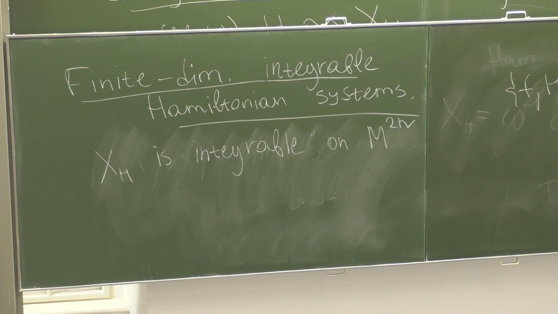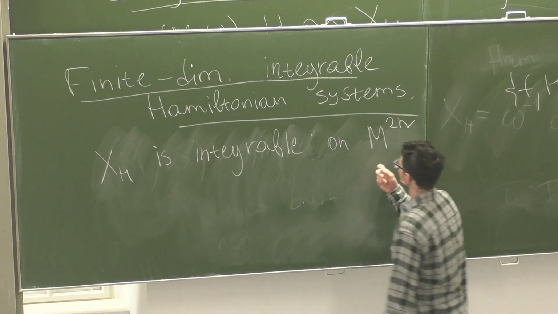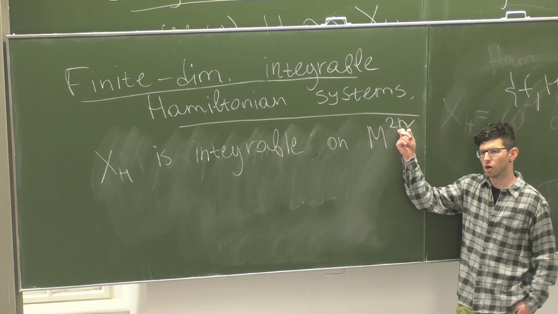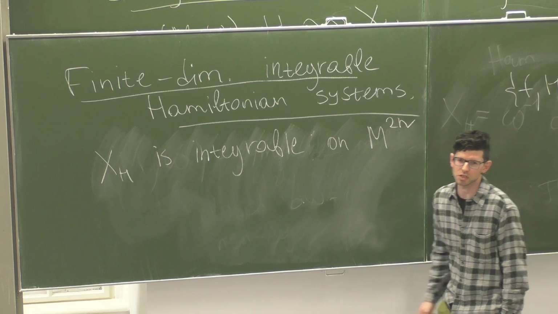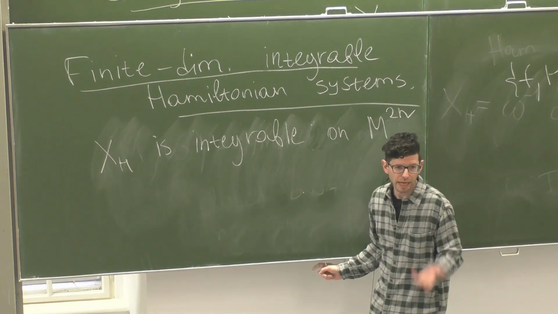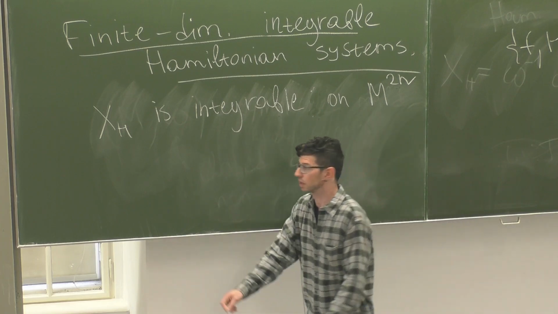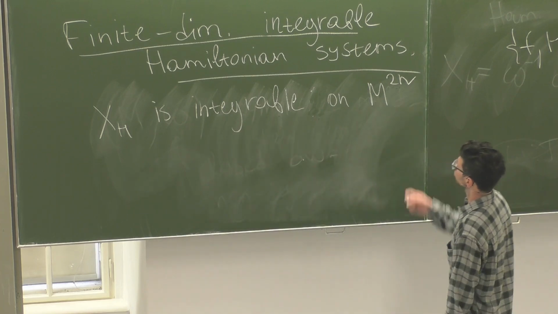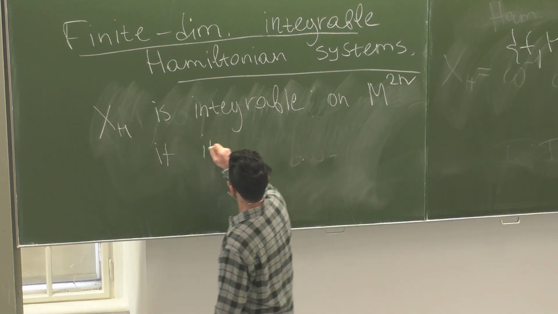You want functions that are what's called functionally independent from each other. None of these functions should be expressible as a function of other functions. And if you have such, then it's an easy exercise that at most you can have 1/2 of the dimension of the manifold. That's pretty straightforward linear algebra. And in that case, we will say that it's an integrable vector field or an integrable system. So X_H is integrable on M^{2n} if it has